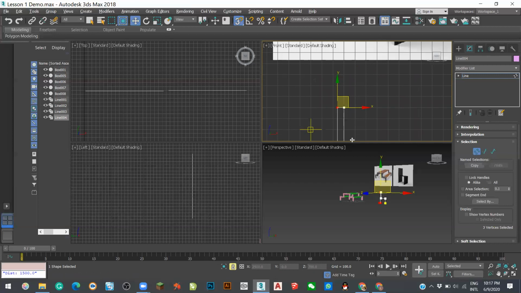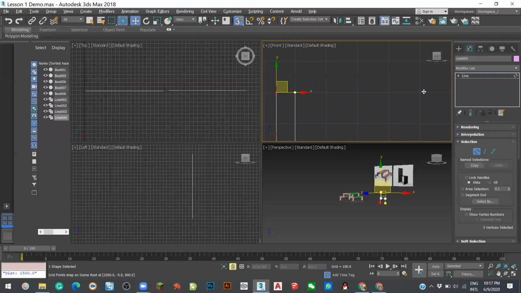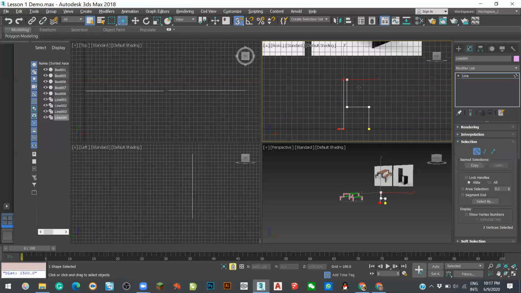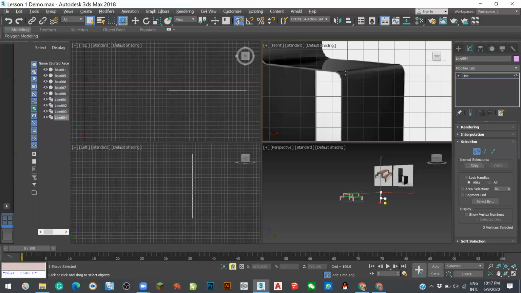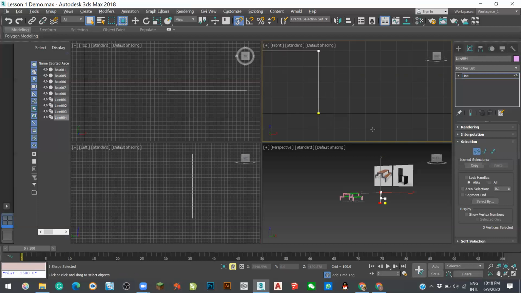Next time I will check whether it can move, for example, if you want to move in 40 or move in 330. I will check whether 3D Max can do this or not. Right now, I still don't know. Okay. After that, because this one has a curve, so we will do